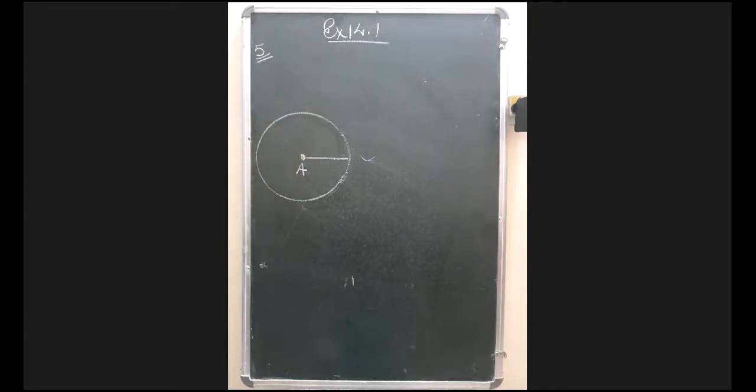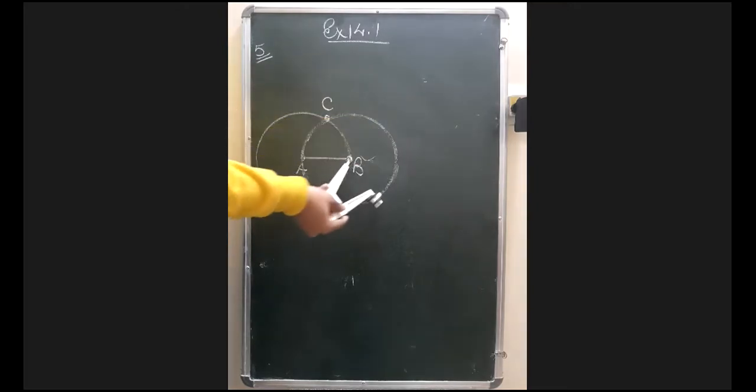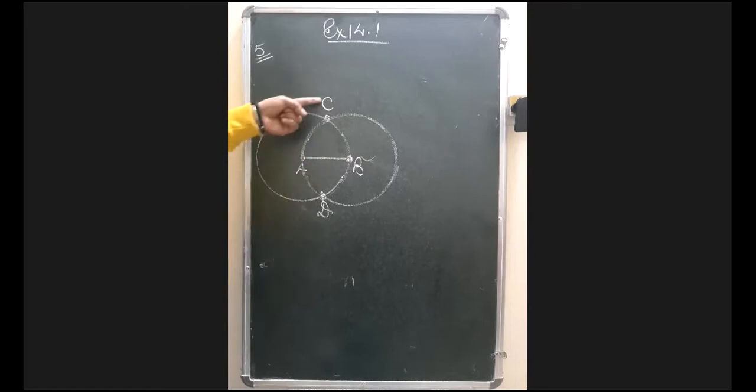Now the question is telling that you have to draw another circle with the same radius, but you have to draw the circle in such a way that the second circle should pass through the center of the other circle. Okay, it is passing through both the centers, you can see it here. I have taken this radius, this much radius I had taken, okay, I had marked AB, and marking it I have drawn the circle this way, okay, and after drawing, the points where both the circles cut: the first is point C, the second is point D, where the circles cut. And then it is telling you to join these points C and D,